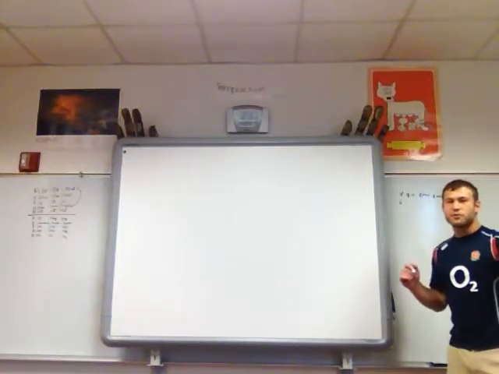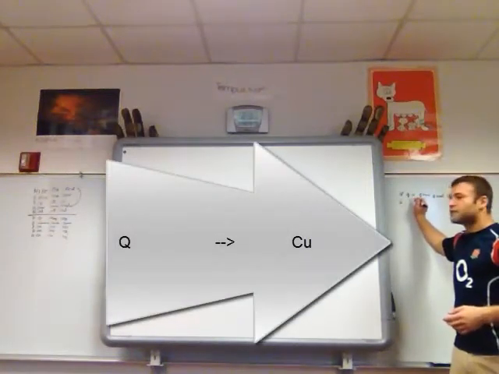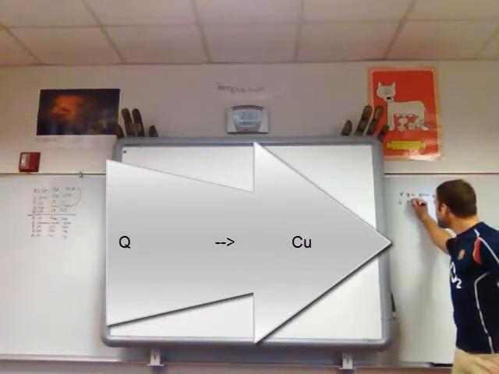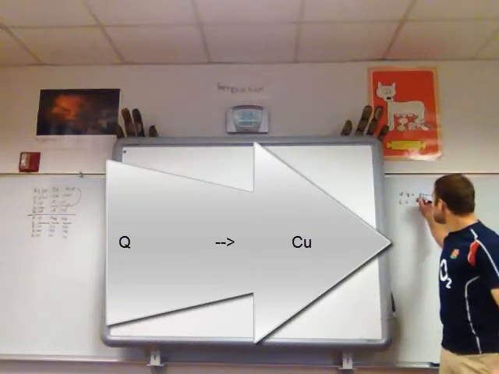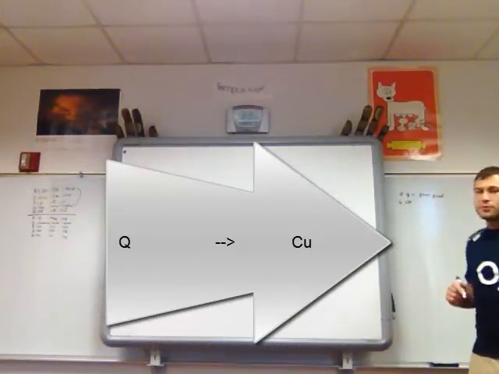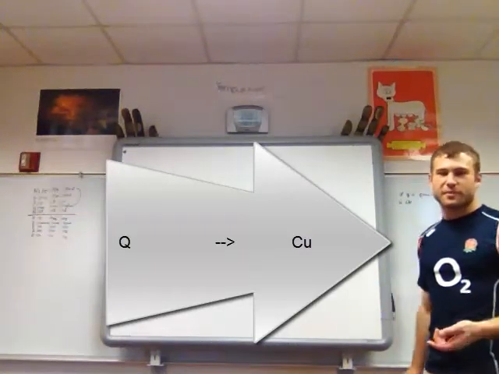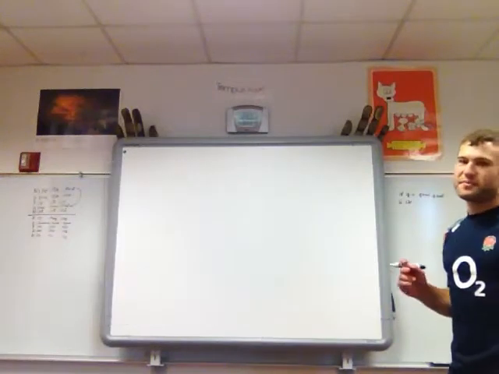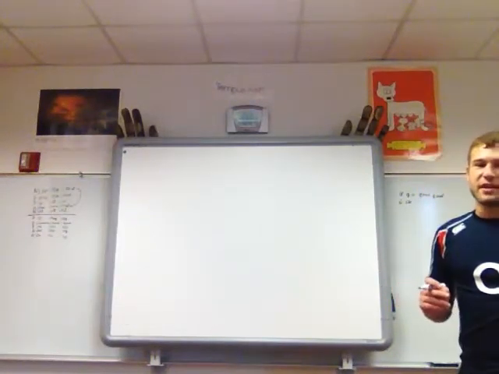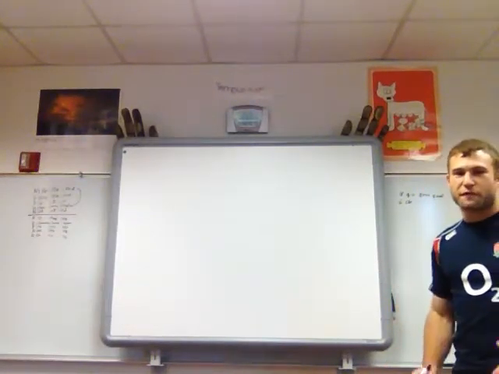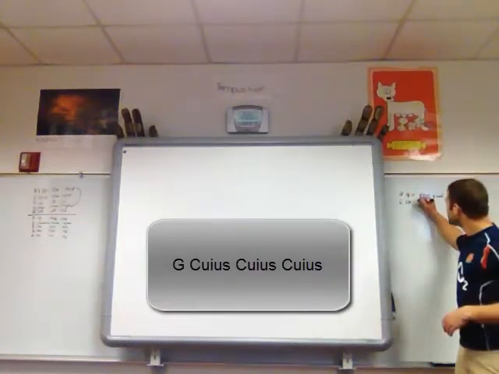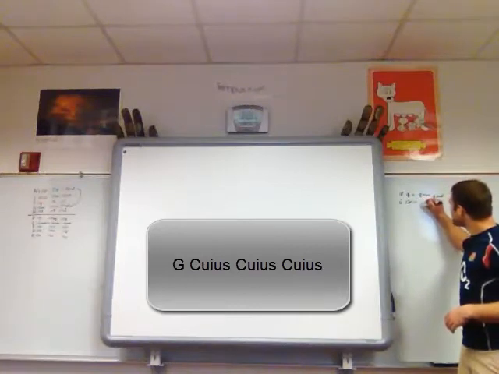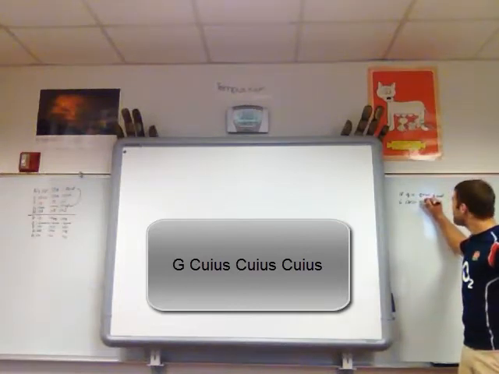All right, so the Q turns into a C, right? So we have genitive, we have C. Here's our stem, Q. And what's our genitive ending going to be? Right? It's not going to be ae, it's not going to be eis. It's going to be what all of our genitives are for our pronouns, so it's going to be ius. So, cuius. Right? And just like all of them, it's the same for all three. Cuius. Cuius.